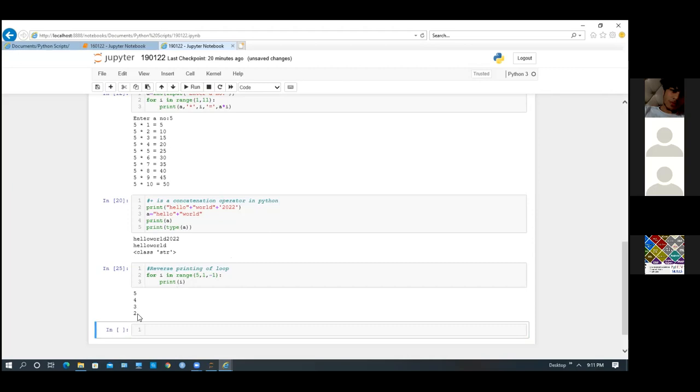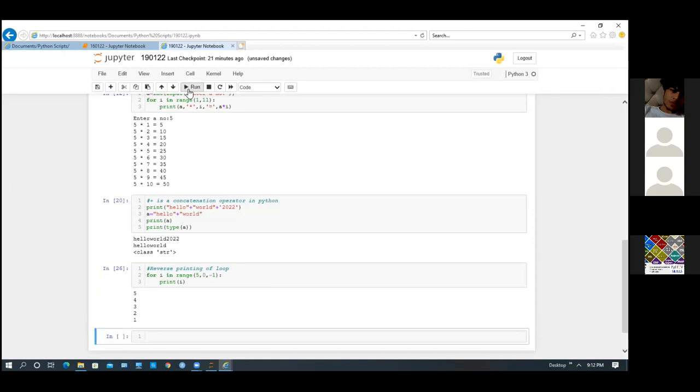See, 5, 4, 3, 2. Means it is doing minus, and at the end it is removing that last portion. So you can do it like 0 also. So it will be 5, 0, -1. It will go from 5 down to 0 with -1 as each step. So this -1 is required.